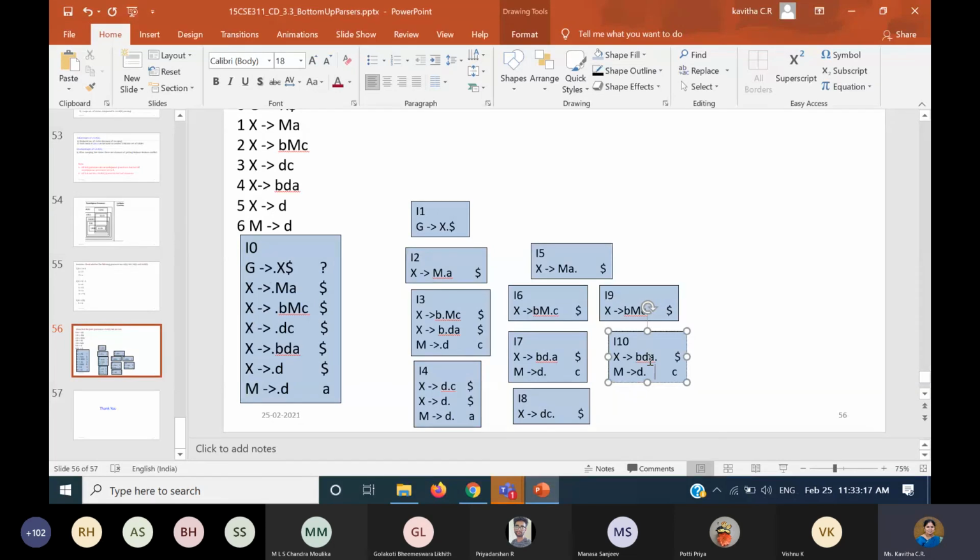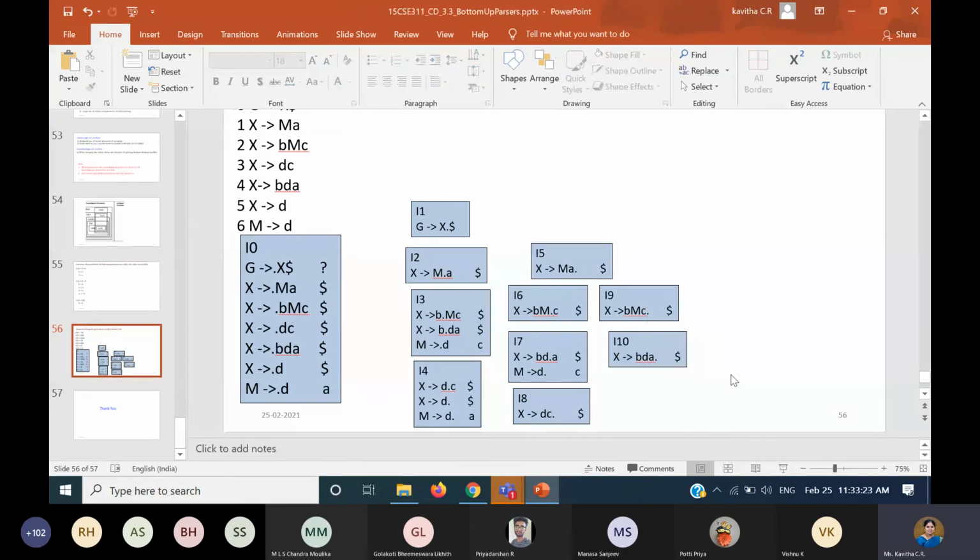And this will not exist because it is already done. That's it. So I10 and I8 are already completed. You imagine the arrow marks, and after reading everything, this will be the diagram.